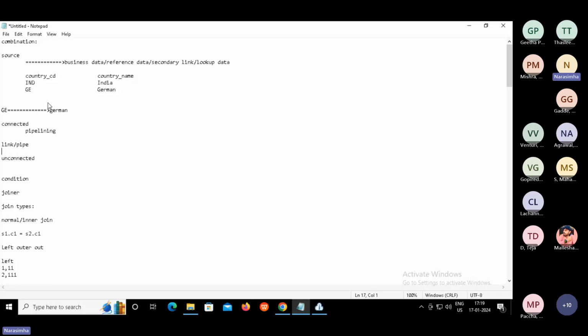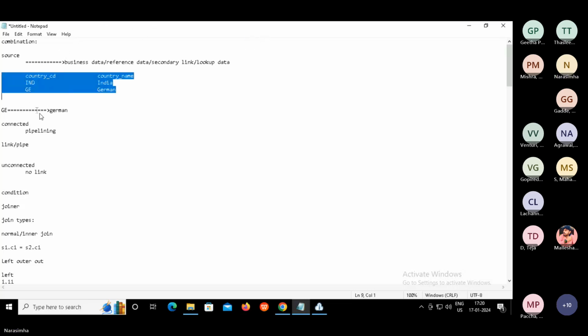So with a connection, with a link, we can perform a lookup. Unconnected is no pipelining, which means no link. It's as simple as that. So when to choose what, we will talk about it. This is a basic concept. We talked about what a lookup is, what it contains, what the expectation is, and the types of lookups, connected and unconnected. How it works? That's the next question.